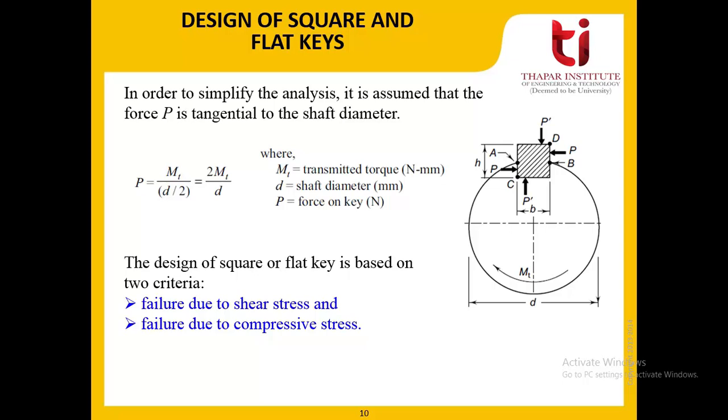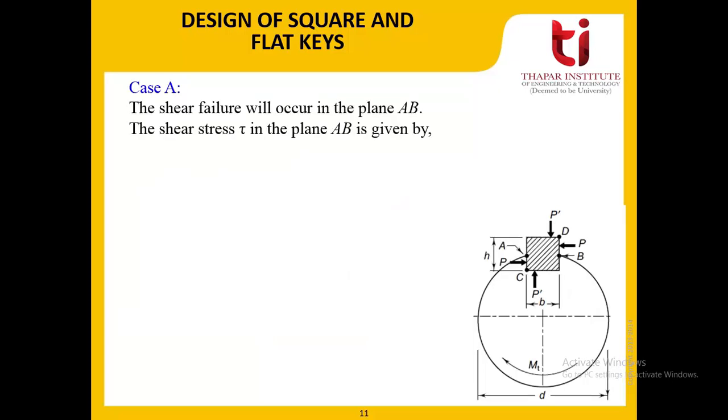So let us say we have failure due to shear stress. When we assume it is because of shear stress, we have to visualize that P is trying to slice it down. I think this diagram helps us in that way: the force P is trying to slice it down. What will be the shear stress produced here? P divided by the area. It is very important to identify the area here, because it is trying to slice down the area at AB across its length.